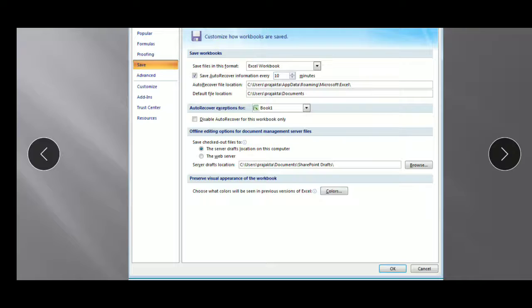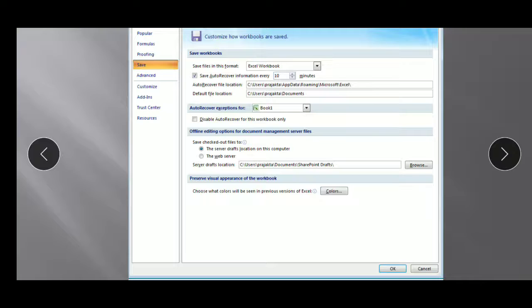If I am attaching a file from Excel to my mail, where does it go? It goes to the Drafts folder. And with the AutoRecover option, if I'm not giving my Excel sheet any name when saving, it will automatically name it Book1. If Book1 is there, the next time I save it will be Book2, Book3, and so on. It has no comparison with the sheet.